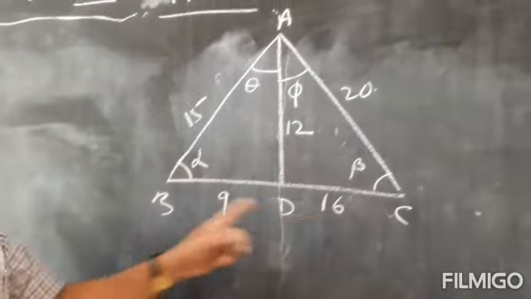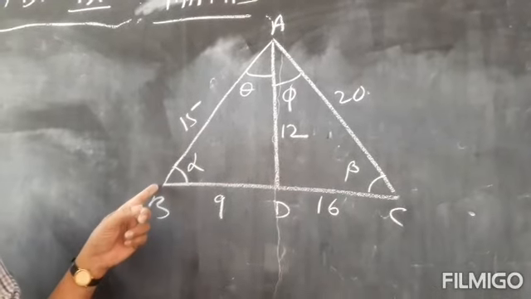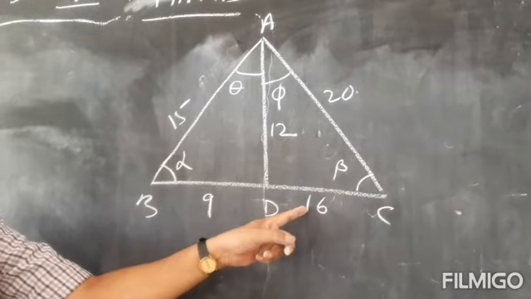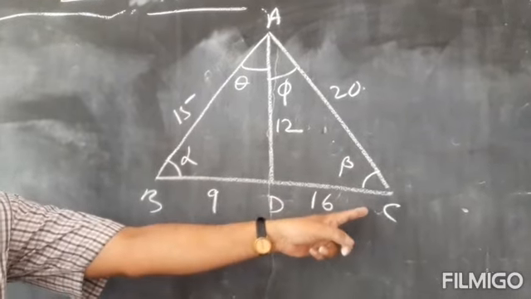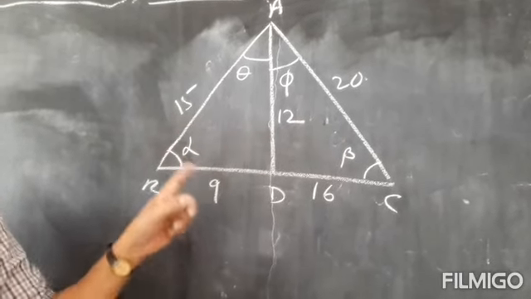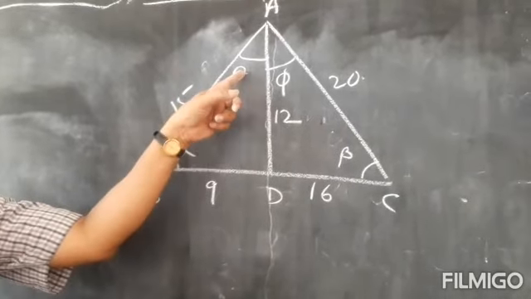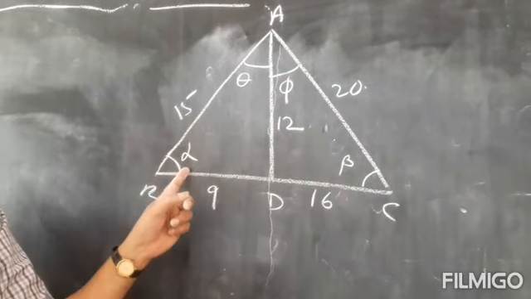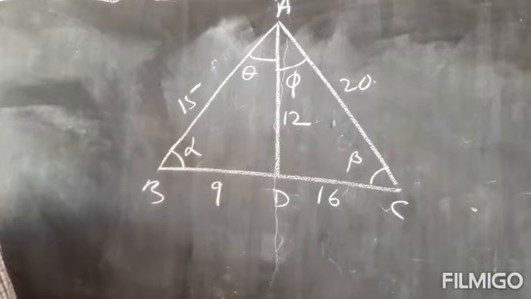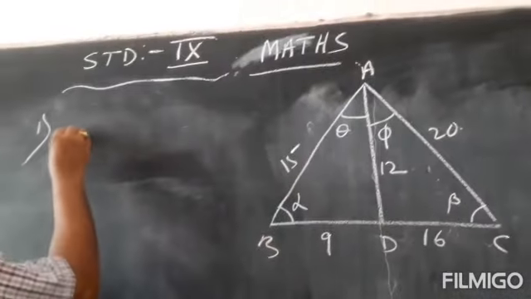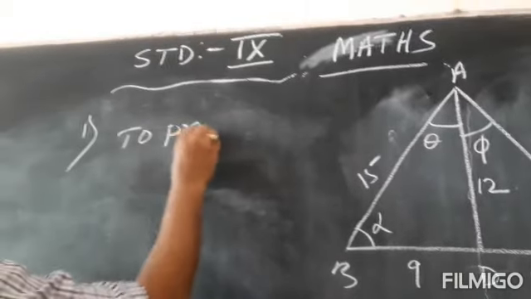ABC is the triangle. AB is equal to 15, BD is 9, CD is 16 and AC is 20, AD is 12. All the sides are given. Then this angle is theta, this angle is phi, this is beta, this is alpha. These are given. Now you are asked to prove, first bit is to prove